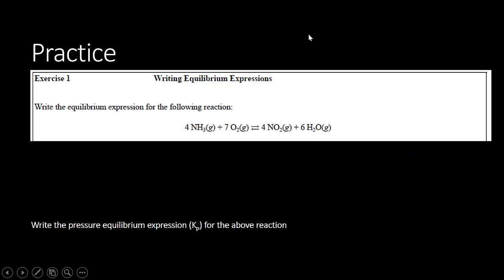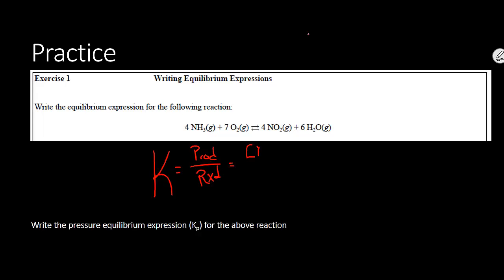So here we have the reaction between ammonia and oxygen to make nitric oxide and water. Write the equilibrium expression. The equilibrium expression is just the ratio of products to reactants raised to their coefficients. So our products here are nitric oxide raised to the 4th times water raised to the 6th, over ammonia raised to the 4th times oxygen